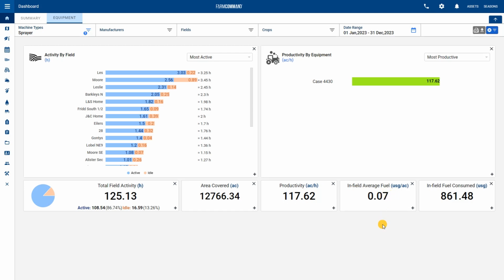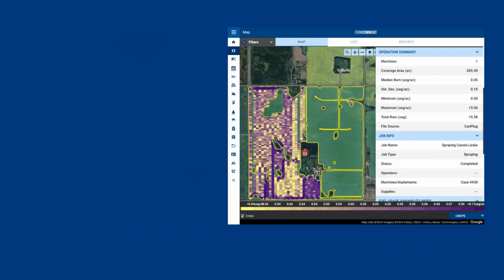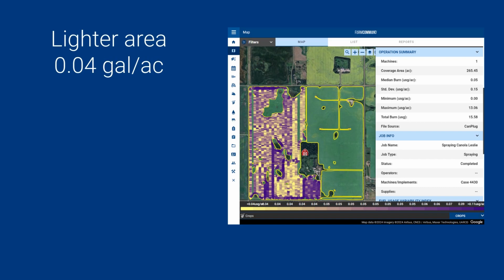It's not a huge number, but it does equate to dollars. So, let's do some math. Looking back at the fuel usage map, I can use the legend at the bottom of the screen to estimate the gallons per acre burned in the lighter part of the field. It tends to look more tan. I'd say around 0.04. This is just less than the median burn rate of 0.05 gallons per acre, shown in